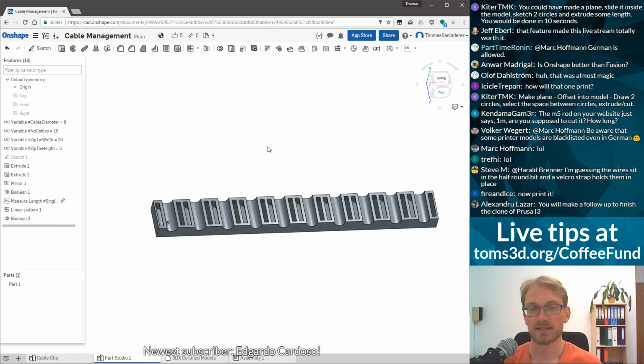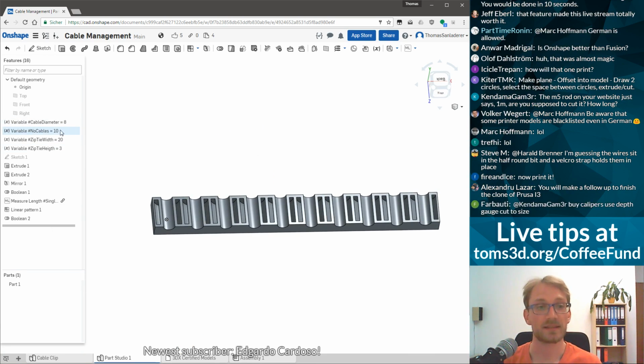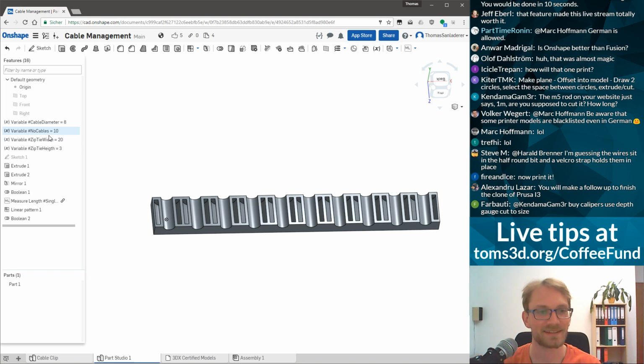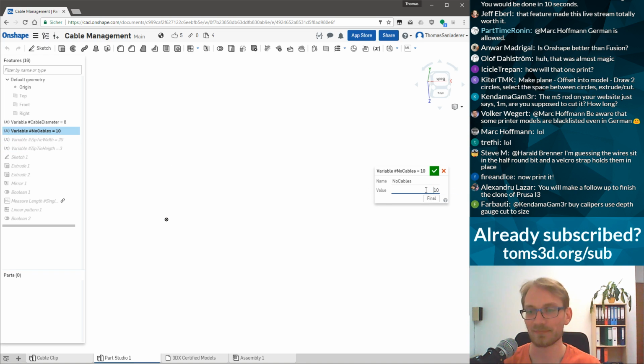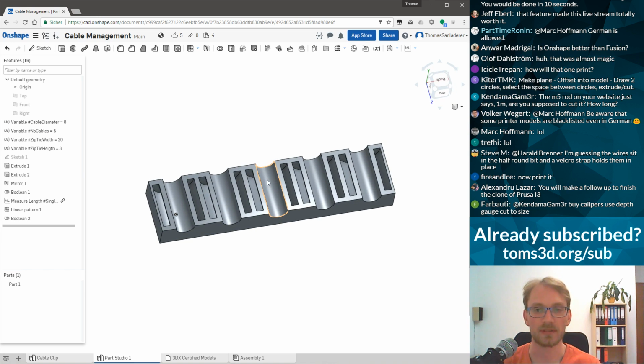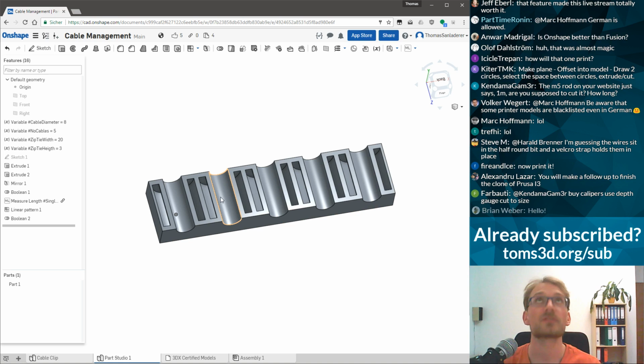Right, let's add some tabs on the end. So again, this is the coolness of parametric design. You hit the wrong button and nothing happens. You change this guy to 5 and now it's just a 5 cable long unit. I like that. I like that. And if we sketch this right,